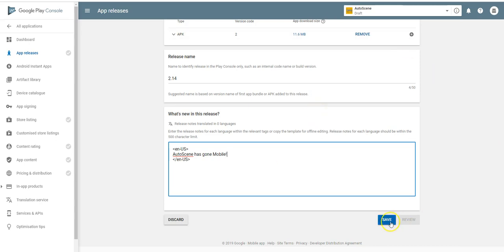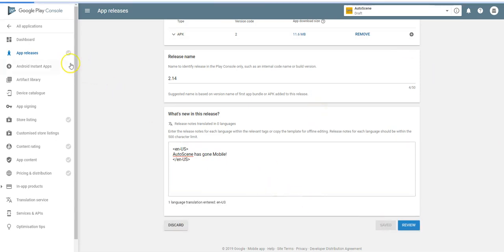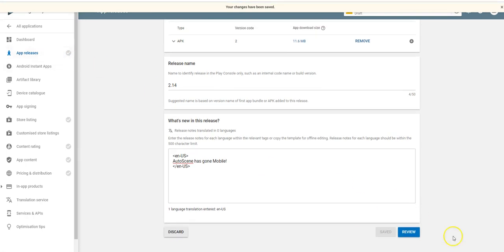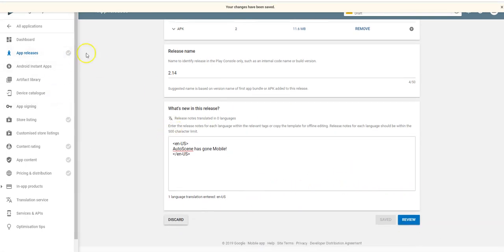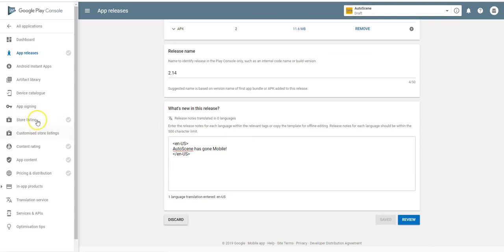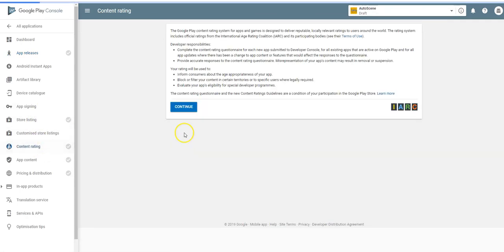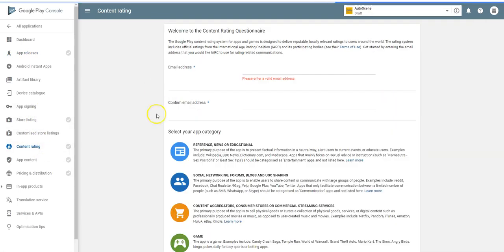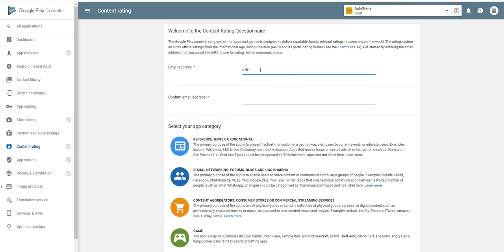Okay, save that. So now this should turn green. Actually, no, let's save it for review, then it will turn green. So this is now done. Now we have to go down to the content rating. Continue, answer all these questions. I'm going to put my info